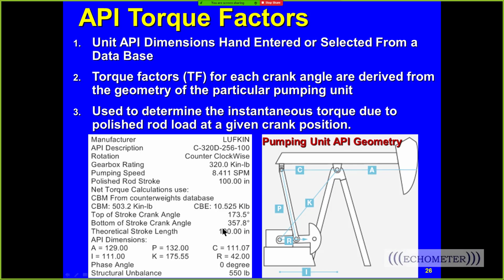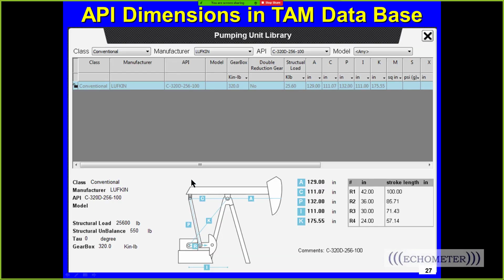Well, I said it wrong. That's at the very bottom of the stroke. That's when the polished rod position is at the very bottom. All right, so this is the database that we have, that when you click on select pumping unit, this pops